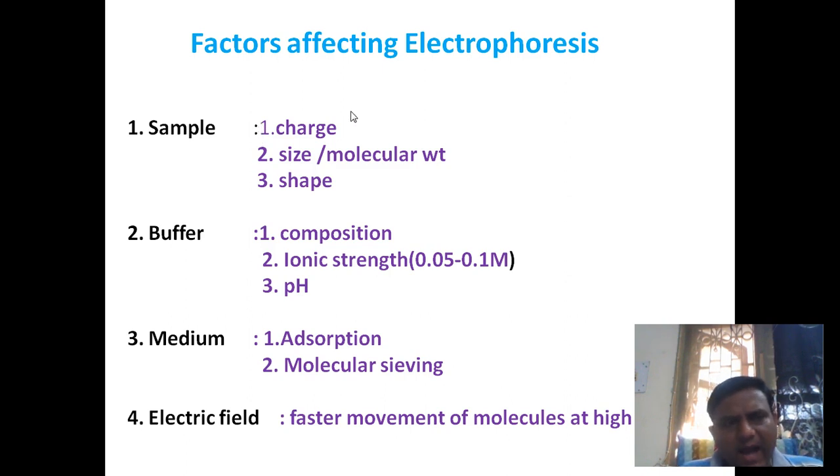If the charge is higher, then the molecule migrates toward the opposite electrode faster. But depending upon the charge and size ratio, the sample migrates toward the opposite charge electrode with a specific speed,